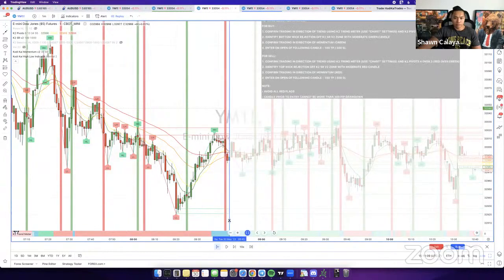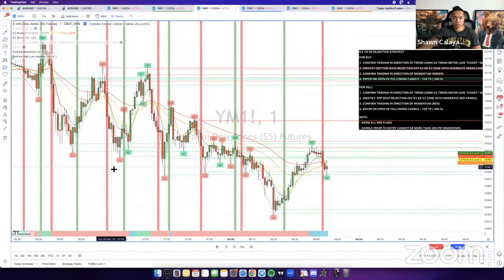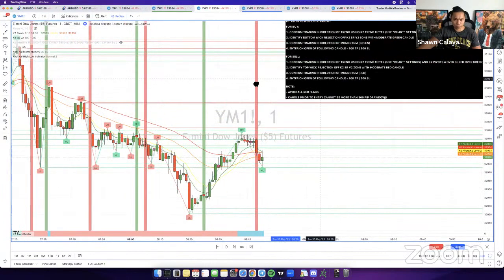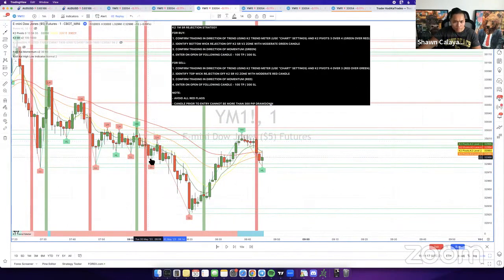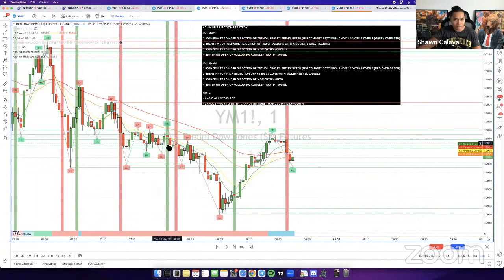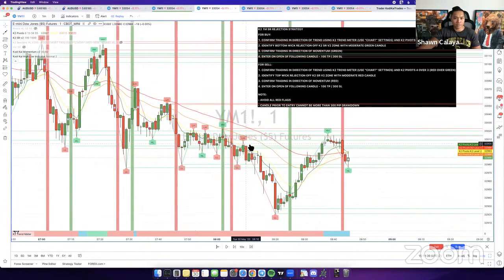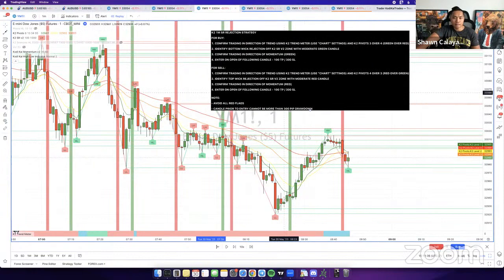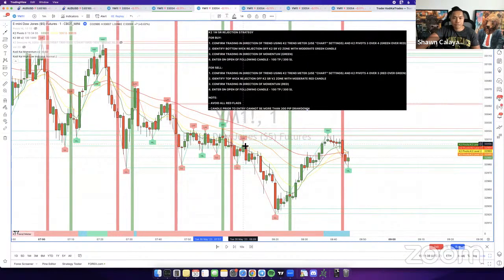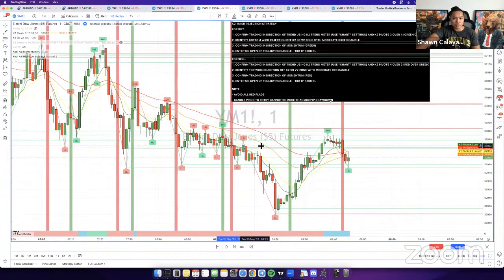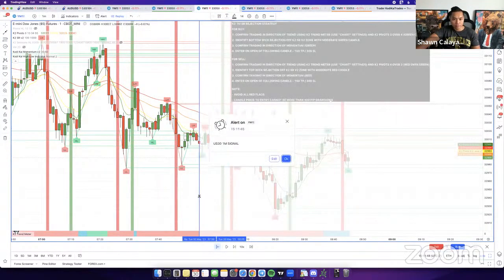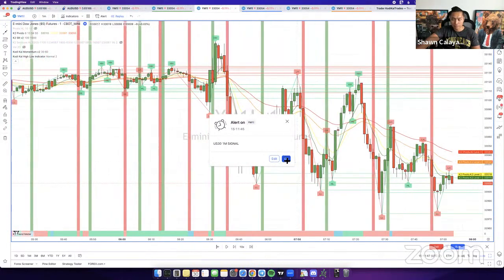Let me go back a little further. Let's see. It's not a moderate candle. It's hard to find these moderate candles because there wasn't really much direction. A lot of these candles are just sideways candles. Okay, I think this might be one here. Again, it's not really a good entry because price is like, and again, you have to avoid the red flag. So there's a lot of criteria here that goes into play, but let me just see if this here would be an entry for us.